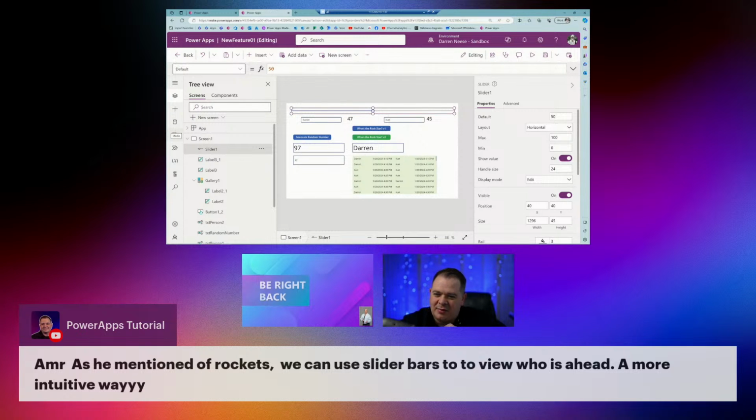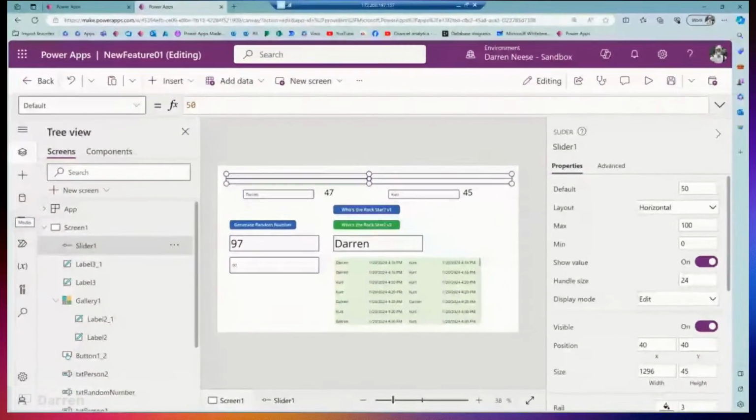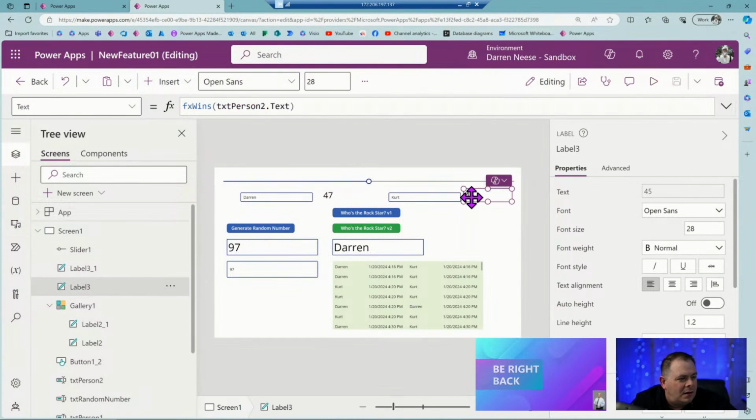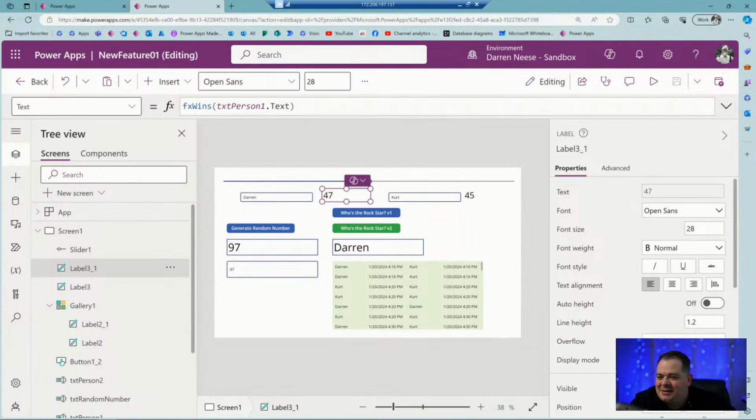So I've got a math problem here, guys. Kurt loves these math problems. Okay. So I'm going to take these two numbers, and excuse me as I think this through. We have two numbers and I'm going to click on this button 100 times.